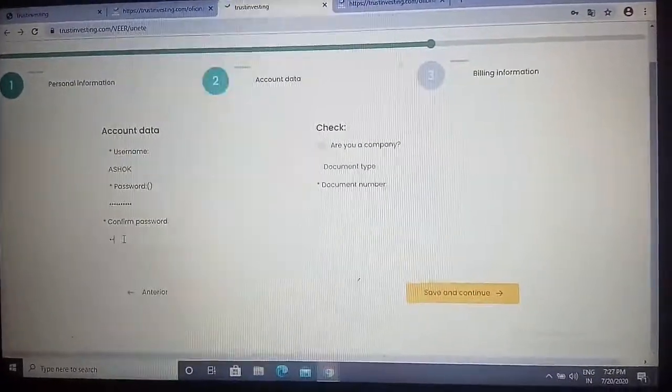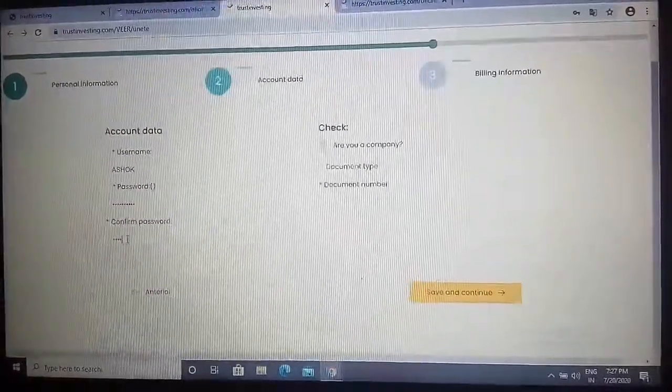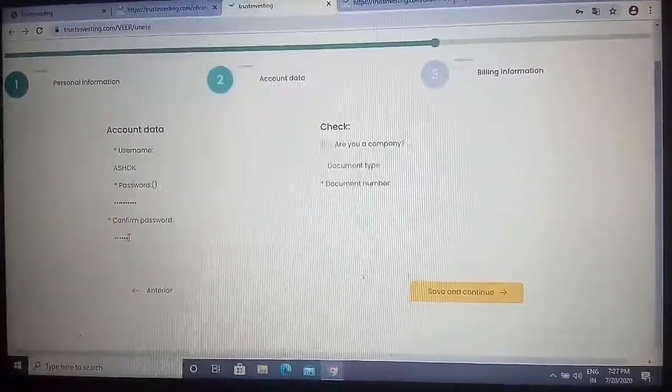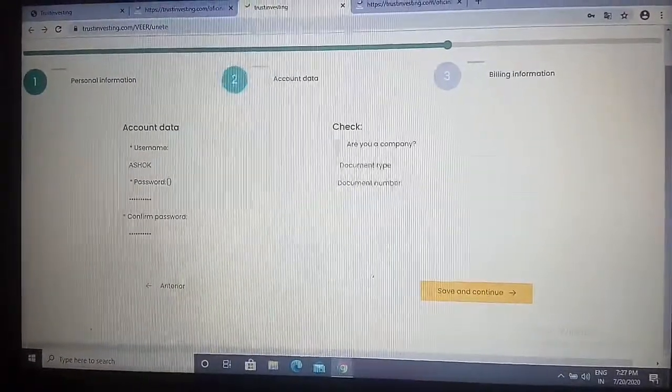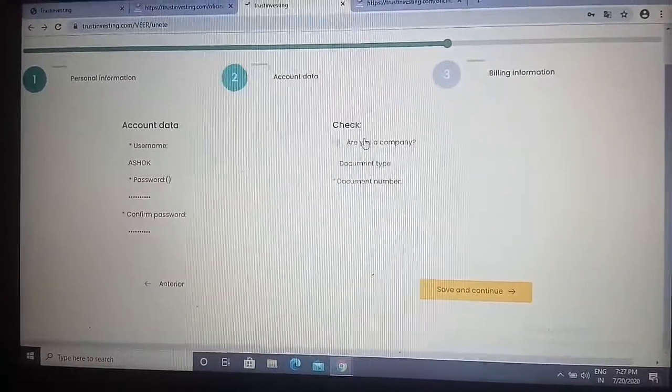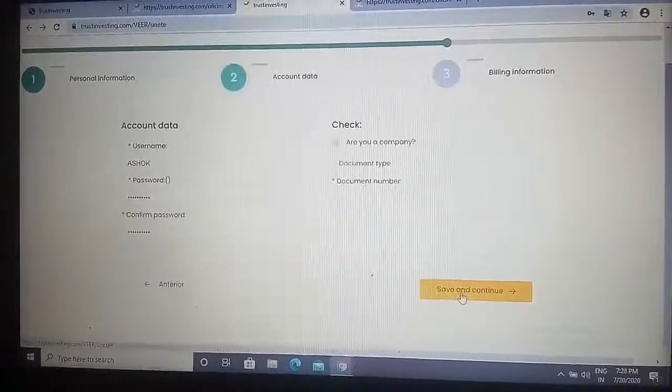Later on the user can change his or her password. So the password is given. Here you need not give anything, just save and continue.